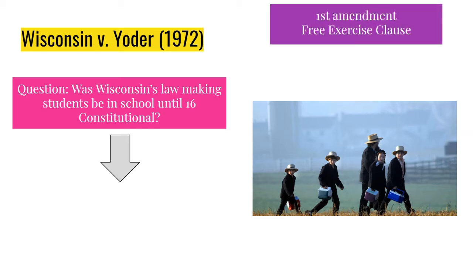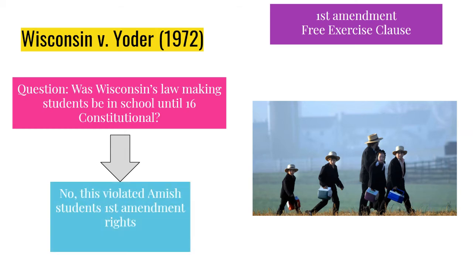And they alleged that their First Amendment rights were being violated, and more specifically, the Free Exercise Clause, which deals with religion, because the Amish were being prevented by the government, Wisconsin, from practicing the religion the way that they wanted to. And the Supreme Court basically said that Wisconsin's law was not constitutional, that it did violate these